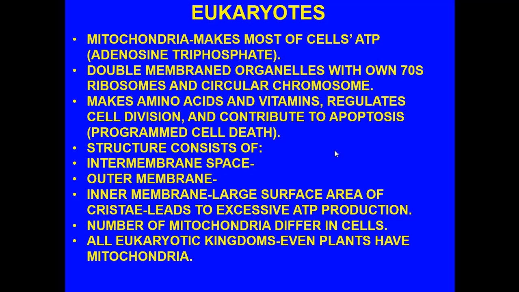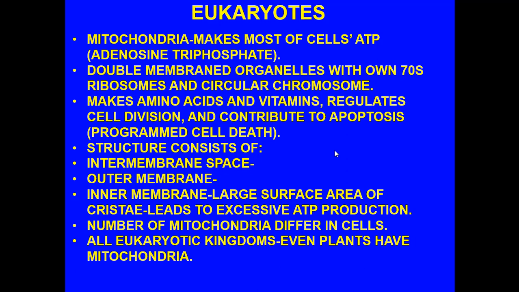The structure of the mitochondria consists of the intermembrane space, the outer membrane, the inner membrane. Between the outer membrane and the inner membrane, yes, is the intermembrane space. We'll get into that. And you also have a large surface area of the inner membrane. And as a result, you also have these cristae, which basically is going to lead to an incredible amount of ATP produced, because in that membrane will also be ATP synthase. When we get into cell energetics and we get into metabolism, we'll talk a little bit more about that.